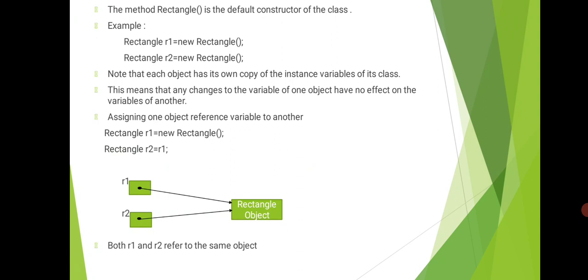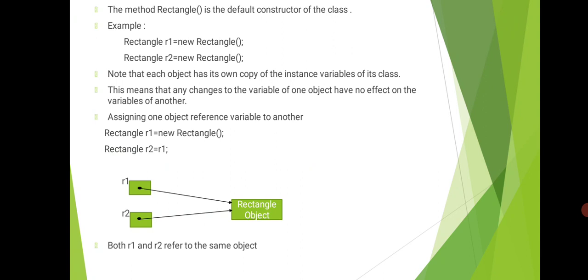Next we see the method Rectangle in the creation of an object. ಇದೇನು Rectangle ಅನ್ನೋದು ಒಂದು ಮೆಥಡ್ ನೋಡ್ತೀವಲ್ಲಿ. It is the default constructor of a class. Next we will study about constructors. In that we will explain what constructors are and how they work. So Rectangle is a method in the syntax, and that method is called a default constructor.